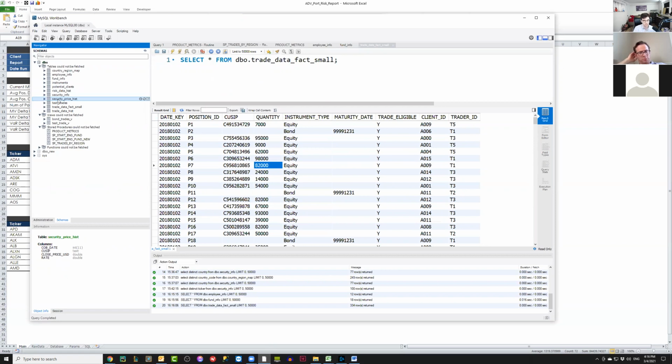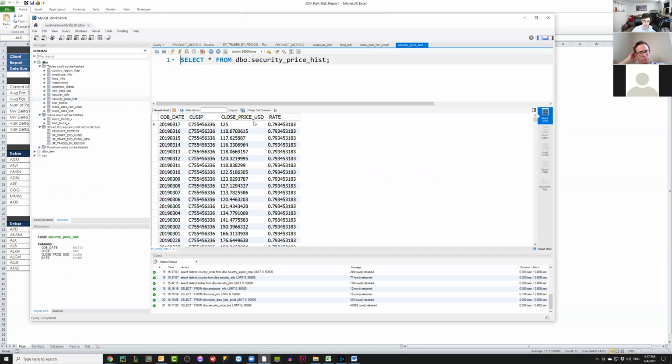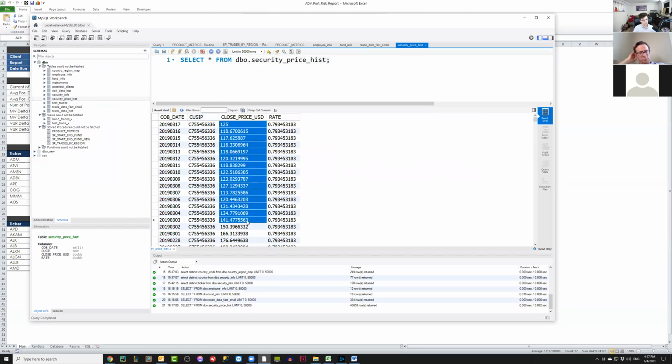There are different sets of data. This one has price information about tickers. When you put it all together and we take the CUSIPs that we have that were traded and we multiply it by the close price, then you get the quantity. Let's say you traded 10 shares of Apple stock and Apple was trading at $500. That's $5,000 in market value. So I have to take the Apple CUSIP on each day, multiply it by the close price, and then multiply it by the quantity.